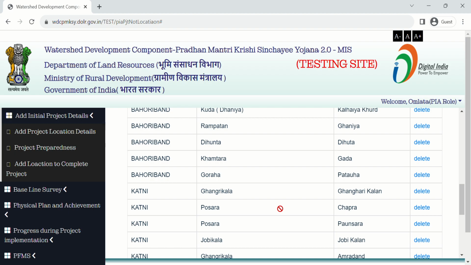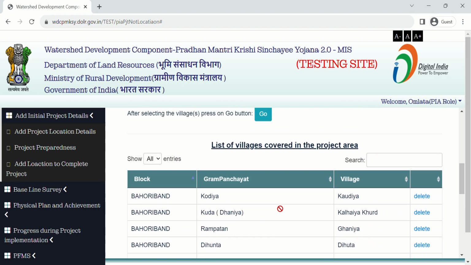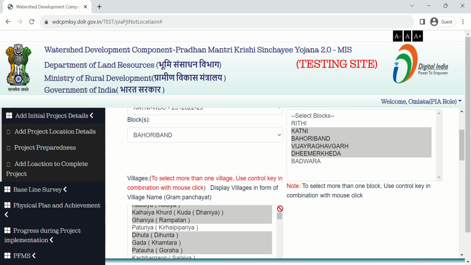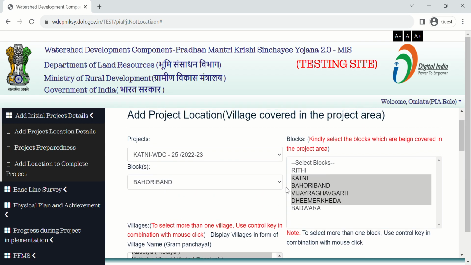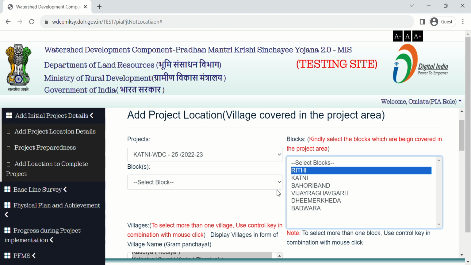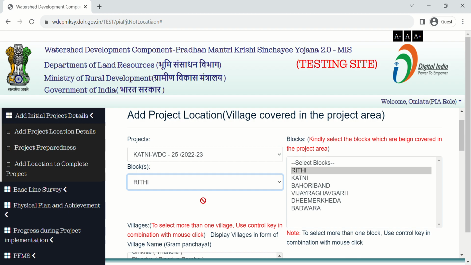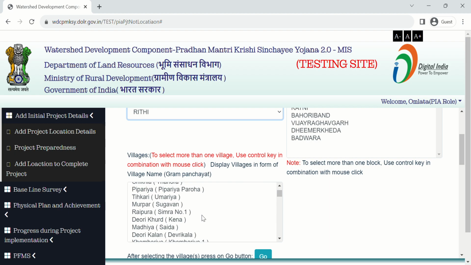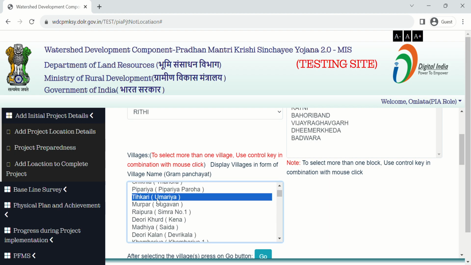If you want to add another block or if you want to add another village name, then you can add it. Select the project name. Select the block name. After selecting the block, click on the village name which are being covered in the project area. To select more than one village, press Ctrl key in combination with mouse click.